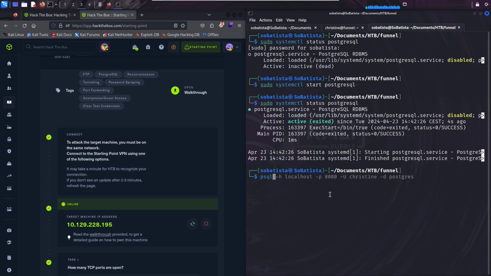psql -h, and then the host name, that in our case is localhost. It's localhost because it's where the PSQL client should attempt to connect, okay? So, localhost -p. This switch specifies the port on our local machine that the SSH tunnel is using to forward connections to the remote PostgreSQL service, and as you remember, my port was